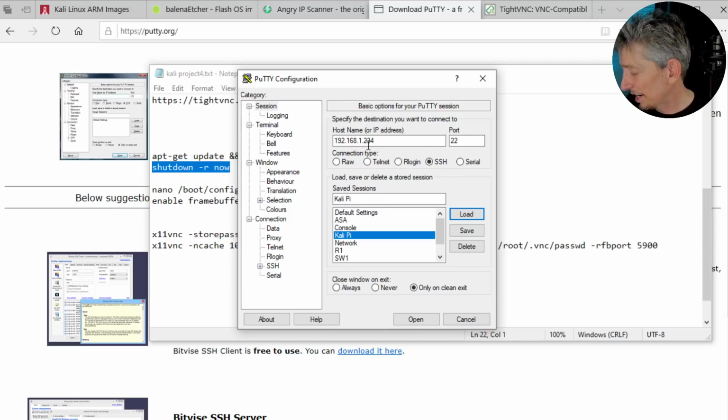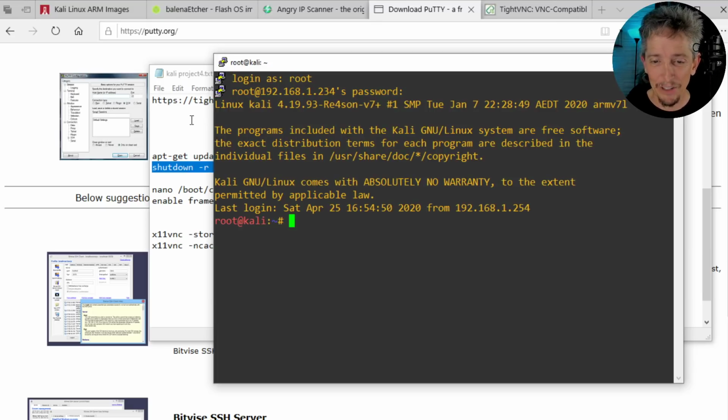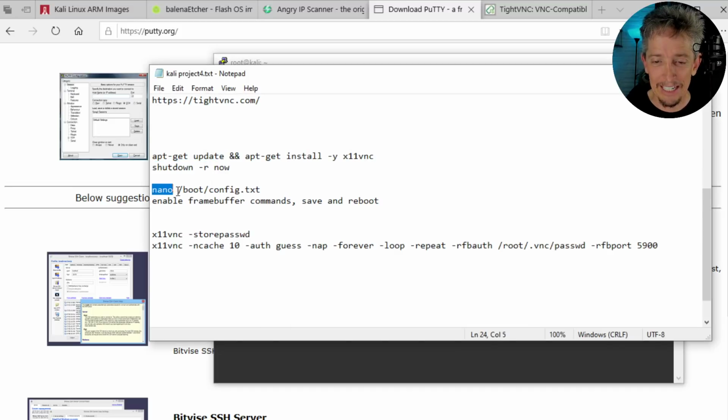It's pretty cool. All right, so the little green light has slowed down, which means I think it's done rebooting. I'll double click on Kali Pi, going to the correct address. Fantastic. We'll log in again as root. I haven't changed the password yet, so it's still toor. All right, so our next step is to edit the